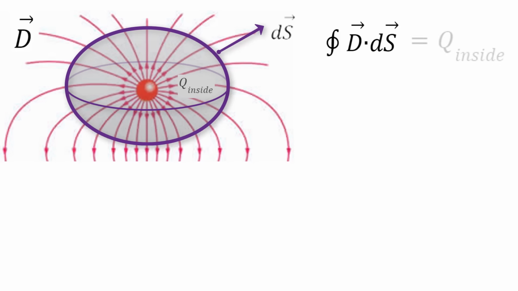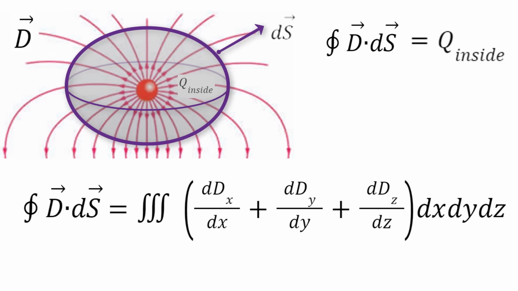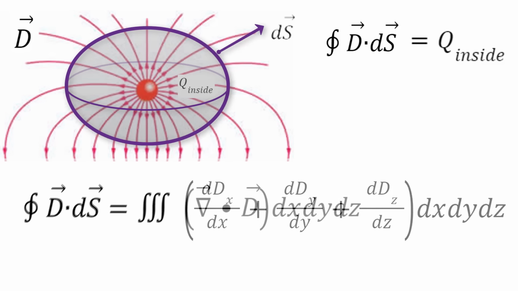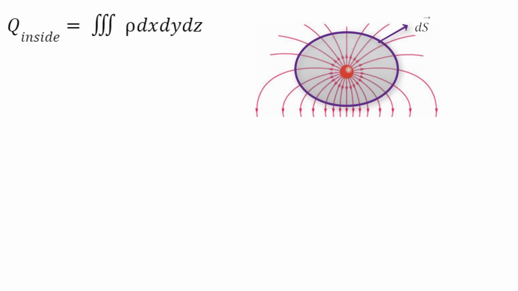Maxwell felt that the number of lines that emerge from a surface have to be dependent on the charge in that surface. Maxwell then used integration by parts to show that this integral was the same as the integral of the sum of the derivatives of D over the volume enclosed. Note that Maxwell didn't know about the divergence, but we can recognize that he just proved that the integral of D dot dS over the surface is the same as the integral of the divergence over the volume enclosed by that surface. In addition, Maxwell knew that the total charge enclosed by a surface is the same as the sum or integral of the excess charge per volume, rho, integrated over that volume, i.e.